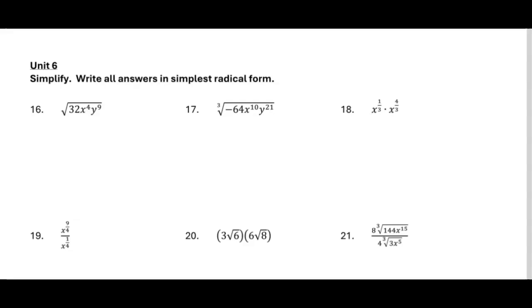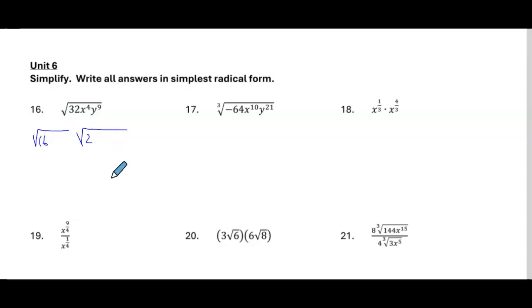All right, page 3 starts with Unit 6, which was about simplifying radicals. So you're going to need your perfects list for this, your squares, your cubes, your fourths. And I have a square root to start with, so I want to split this into 2 square roots. The number 32, if I look at my squares list, 16 is the biggest one I can divide by, so